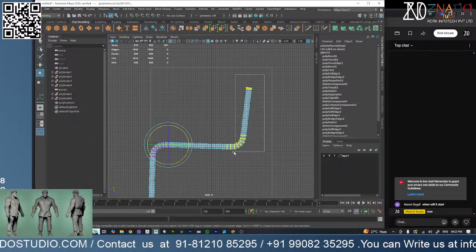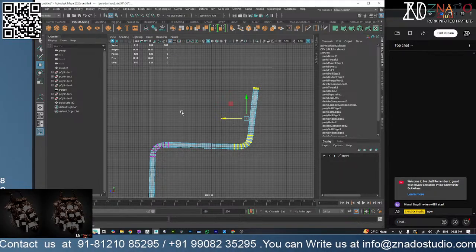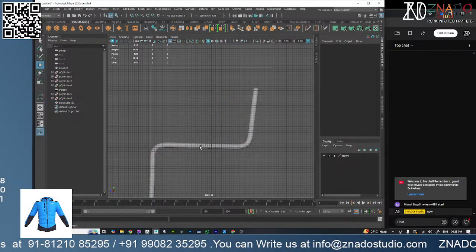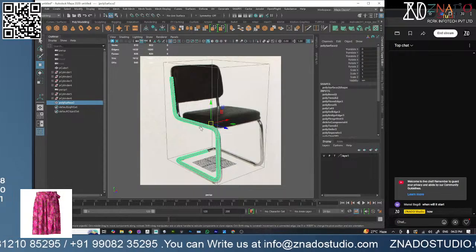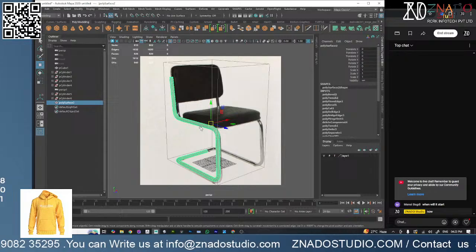bend on the back like this. So it is not 100% exactly straight. So what I did is just bend it a little bit so that we can